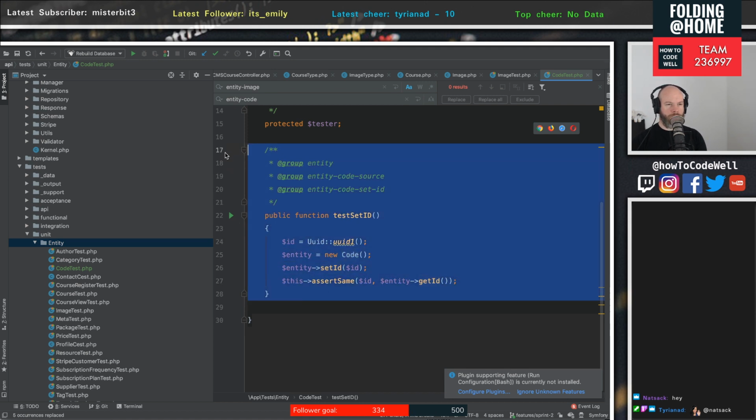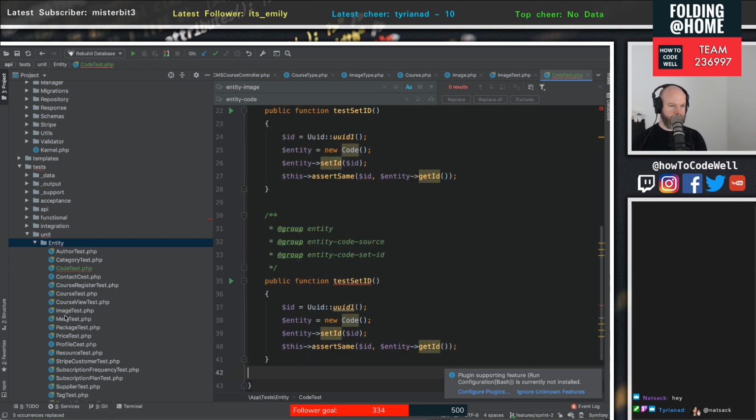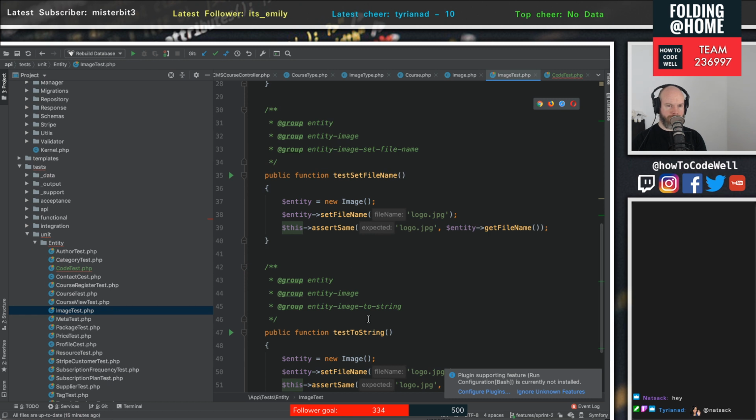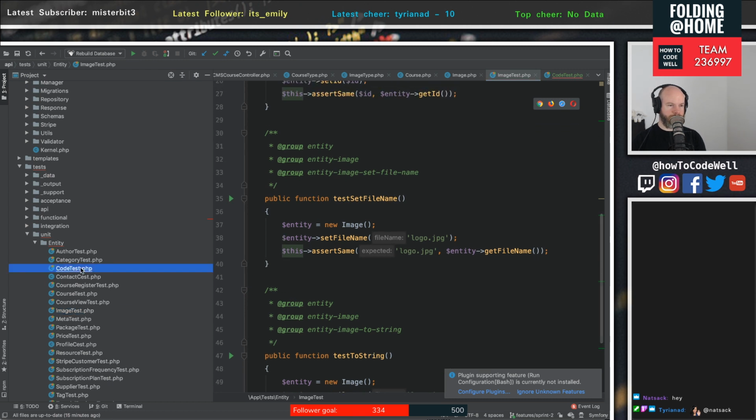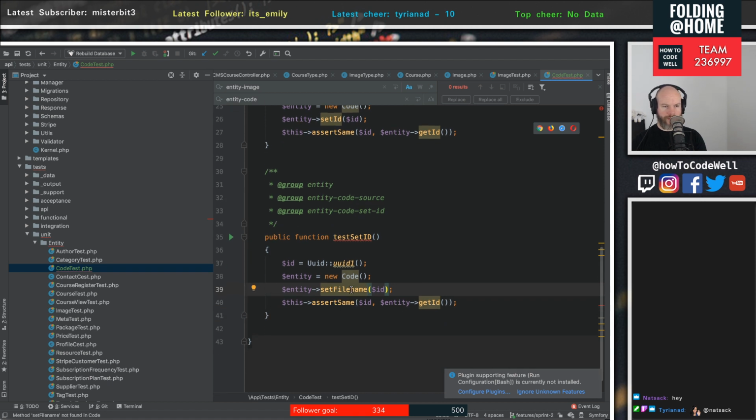Okay, fine. We also need to deal with the fact that we have a file name. So how did I do that with image test? Was it just a case of setting and getting? Yeah, it was. Okay, so this is new code. We're going to do set file name and then get file name. And the file name will be something like HTTPS://, let's just do Docker. Let's do how to code well .net / something along the lines of